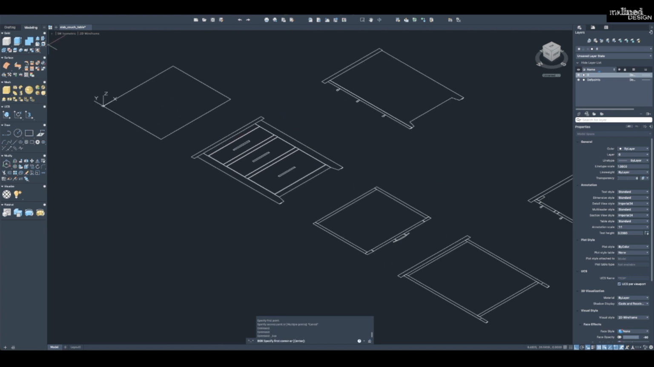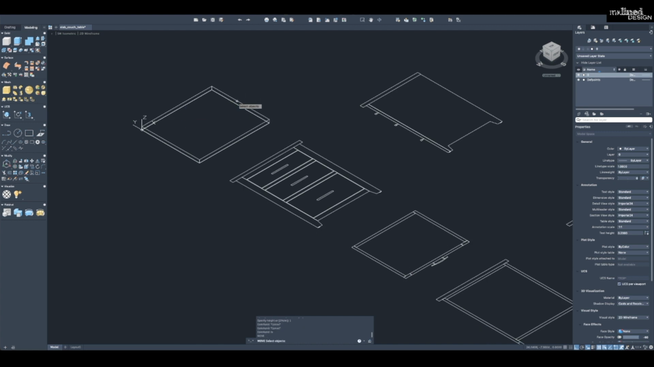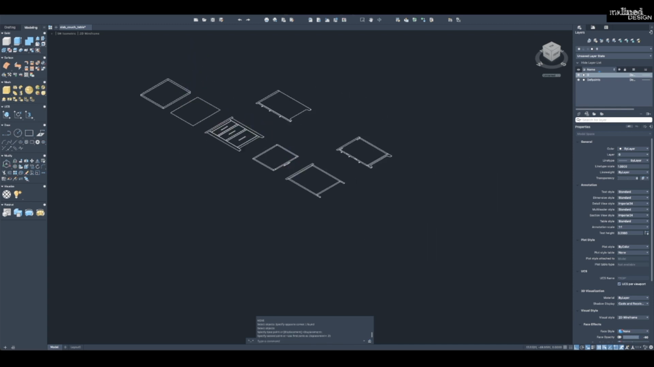So I'm selecting the solid. We know that the top is 1 inch thick. So I'm using the 2D drawing as a guide for my parts. And I'm going to offset this 25. And so for the front of it,